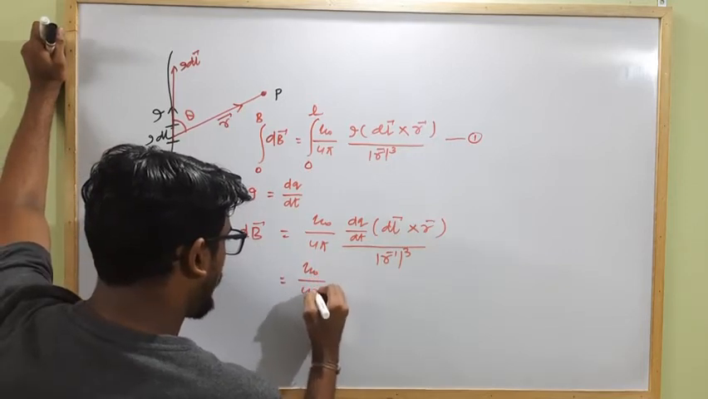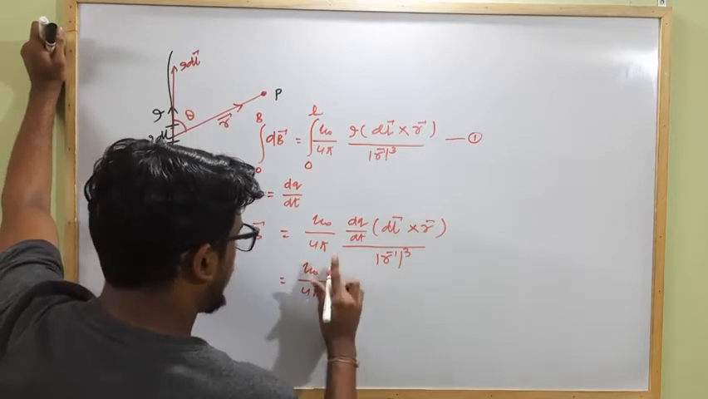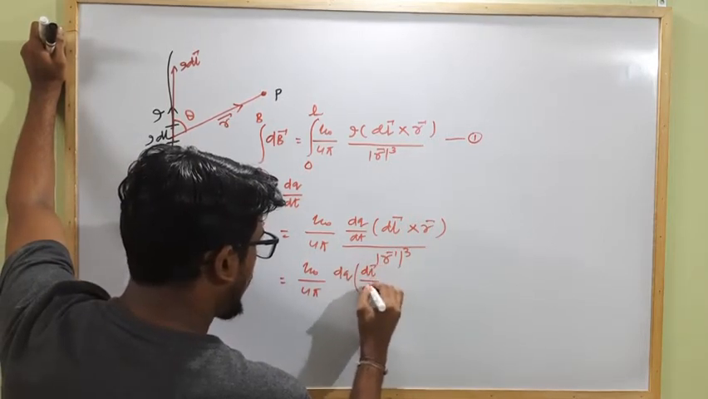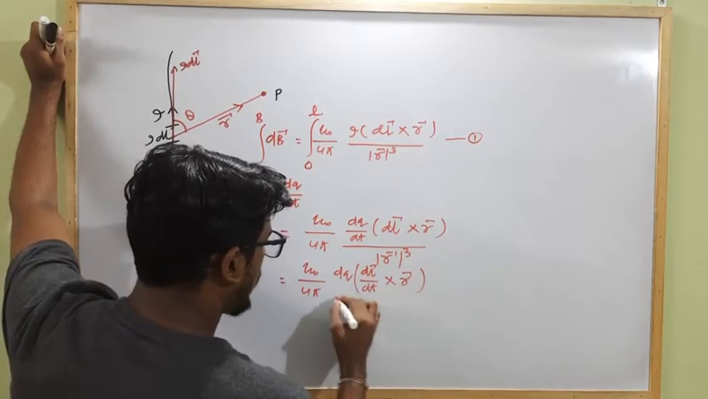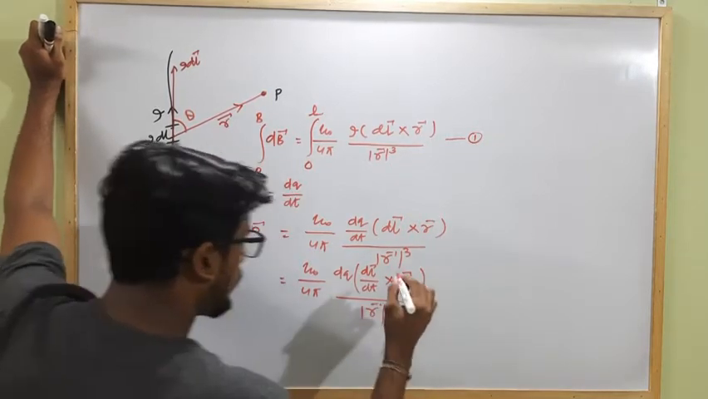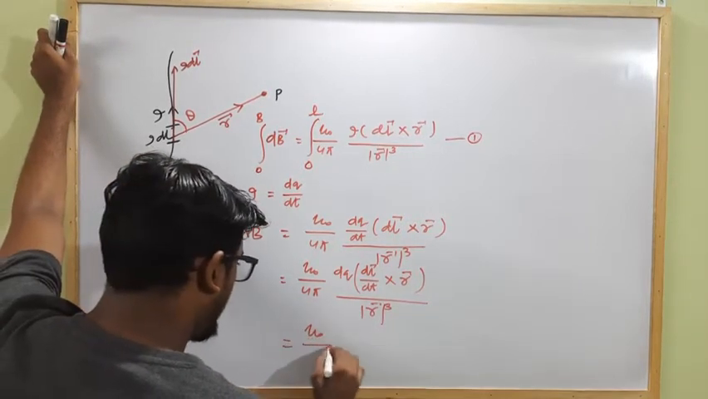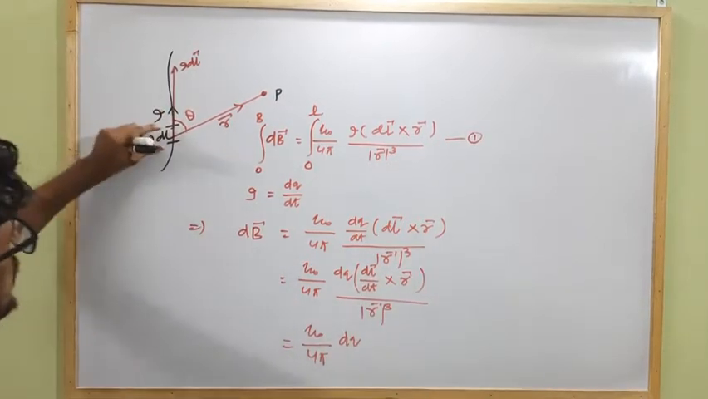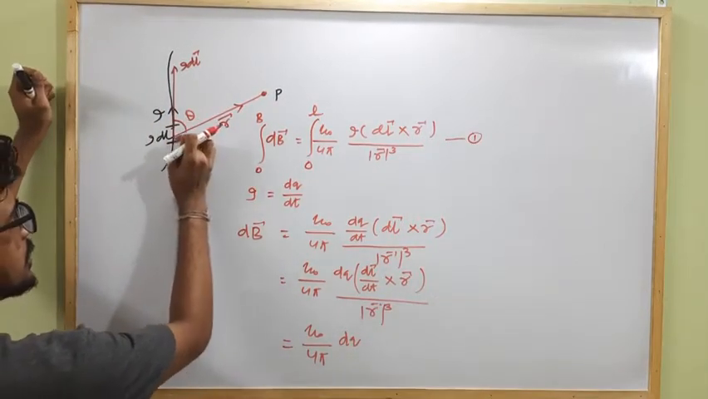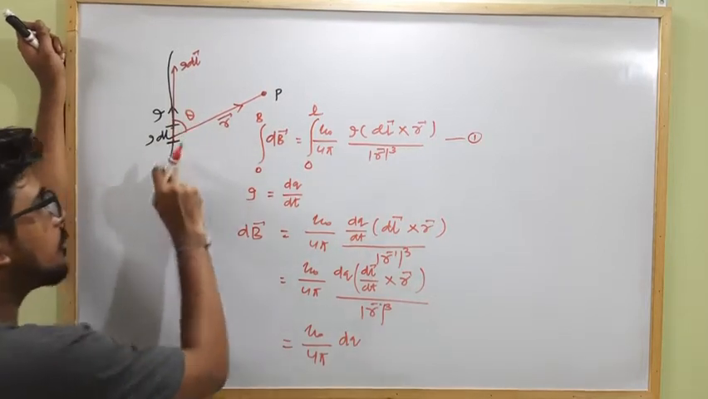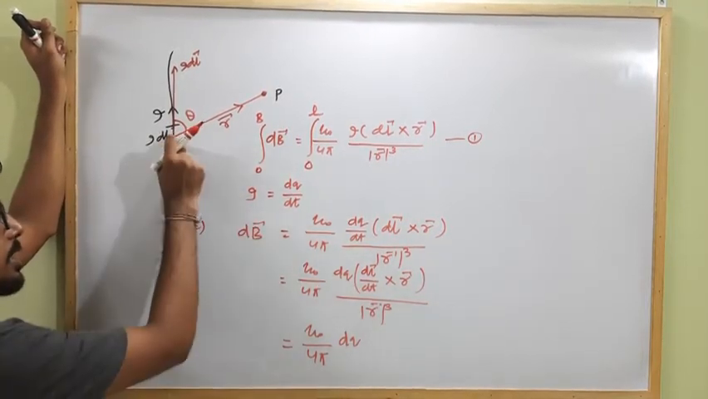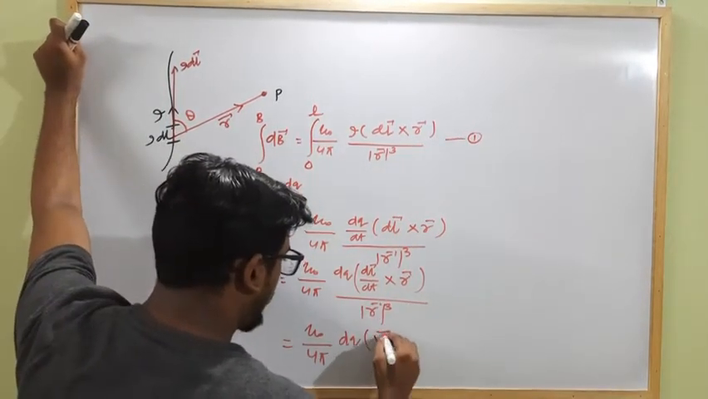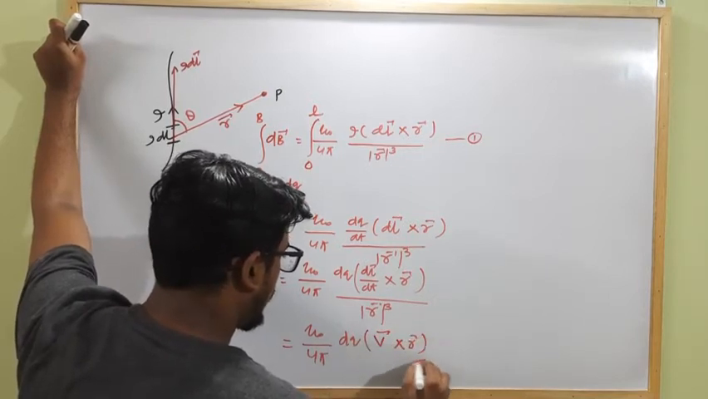Mu naught by 4 pi into dq. Taking dt inside, it is dl vector by dt cross r vector divided by mod r cubed. So this will become mu naught by 4 pi dq. What is dl by dt? dl is the length of this current carrying element, and it changes with respect to time. That means the distance covered by the charge in time dt is dl. So dl by dt will be the speed or velocity of the moving charge, v, into r vector, whole divided by